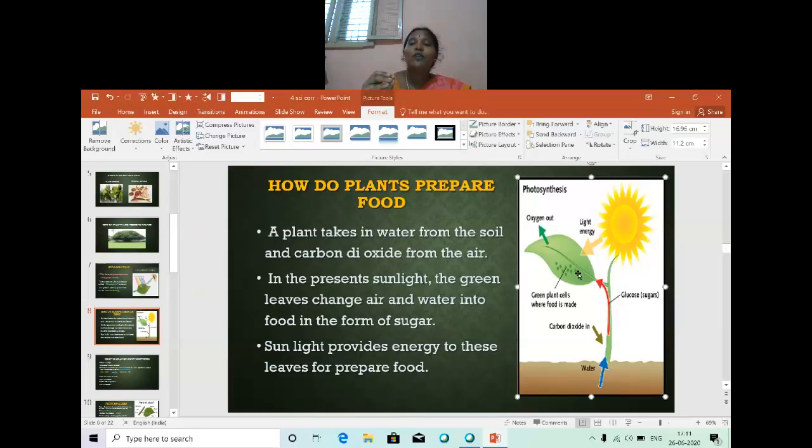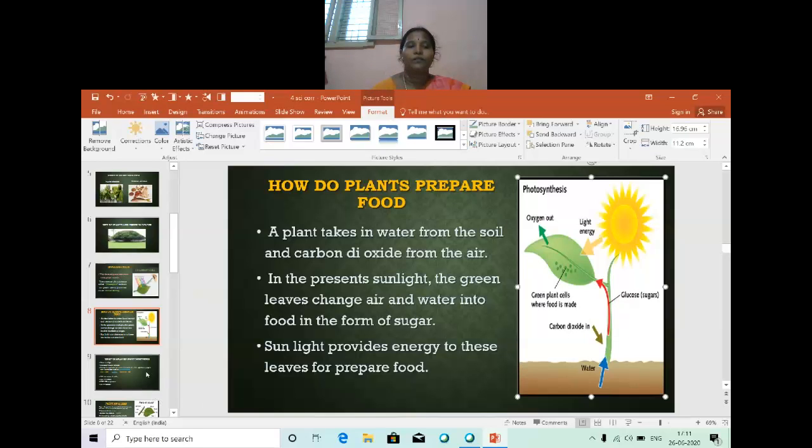It converted into a food. The food is called glucose. After preparing the food, this food is again transferred through the stem, the midrib. It passes through the other parts of the plant body, even to the root also. This is the way plants make food. They store the prepared food in their body parts. We are using this food. That's why plants are called kitchen factories.